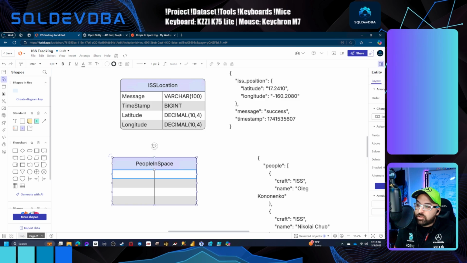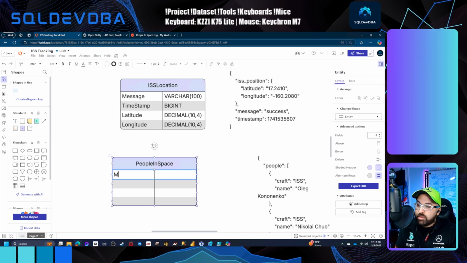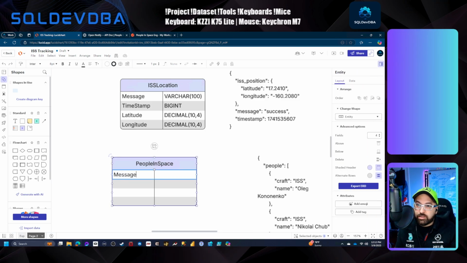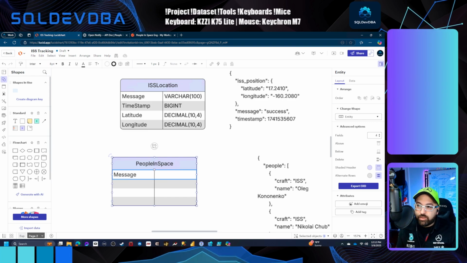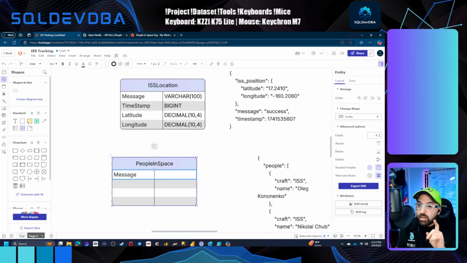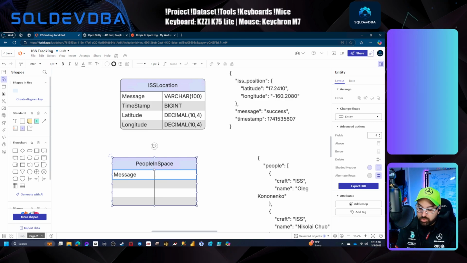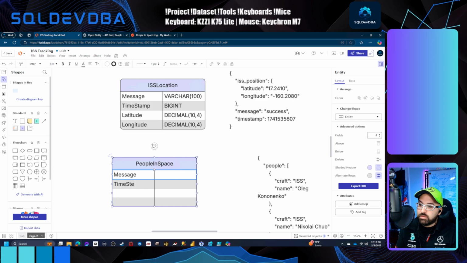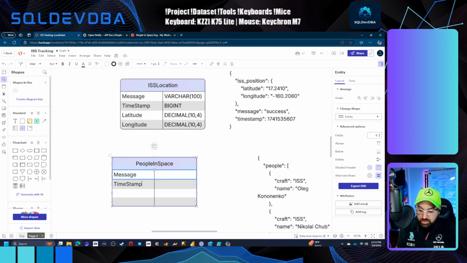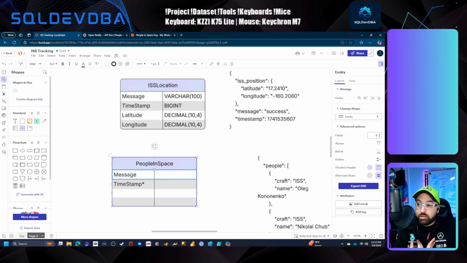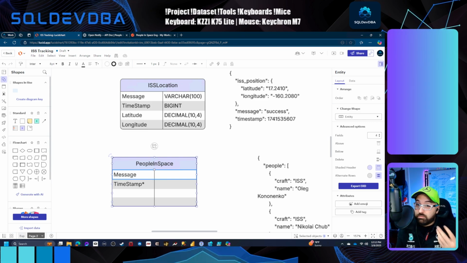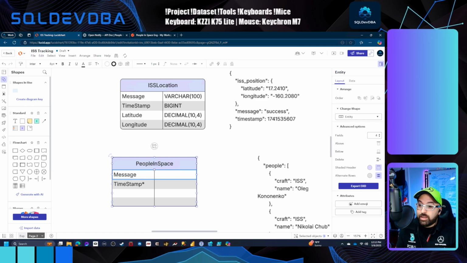All right. So people in space, we have message, which is the status. We have the timestamp. Do we have a timestamp here? No, we do not. So our timestamp is actually going to be a custom one. We'll still leave it here, and I'll put an asterisk on it to show that it's a data point that we will collect on our side, that the data set doesn't actually have. And then craft